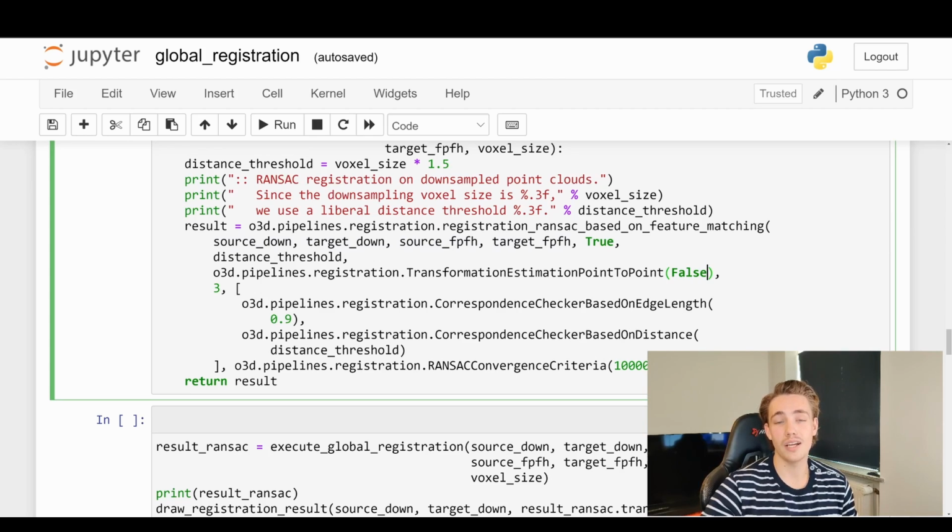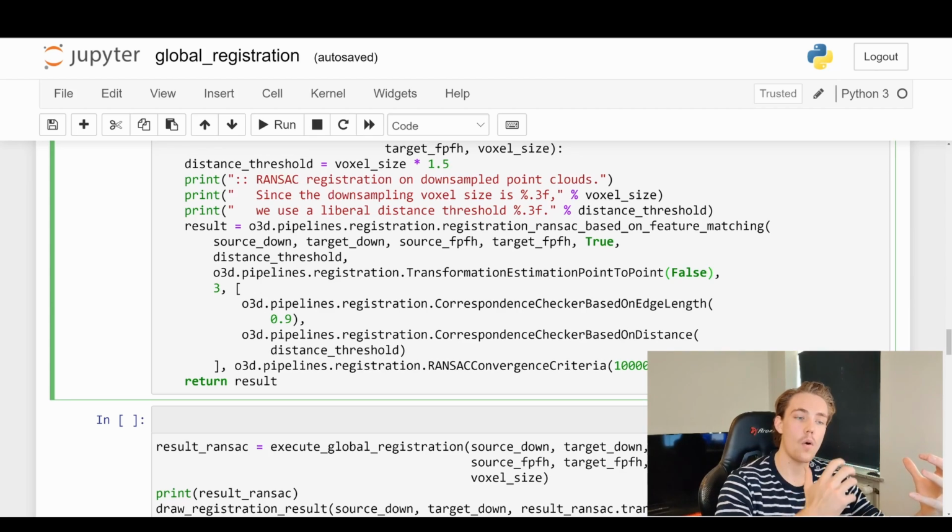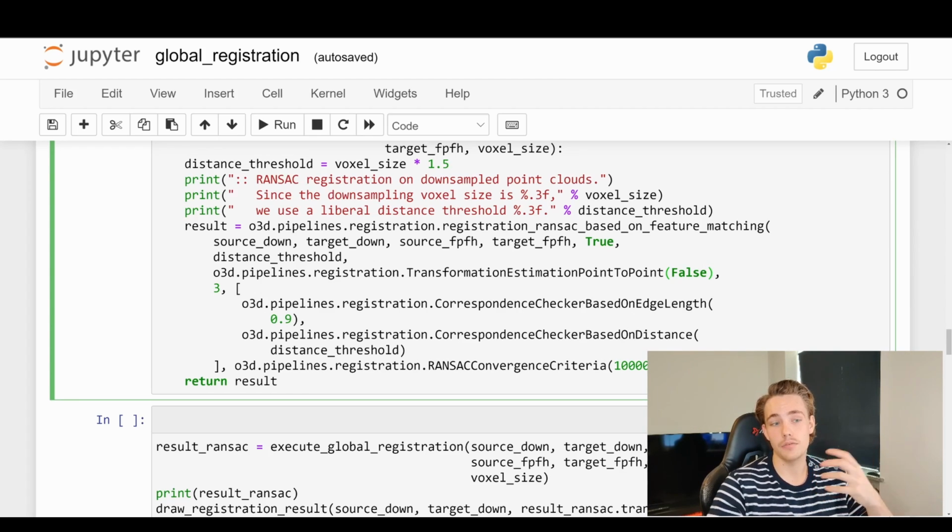So if you want to do ICP inside of this function as well, we're not going to do that, because we'll do it after, so we can see the results of global registration. We can always do ICP afterwards if we're not satisfied with our results, because often we will get pretty good results with global registration as well. But if we want really high accuracy, we will need to do ICP after to fine tune